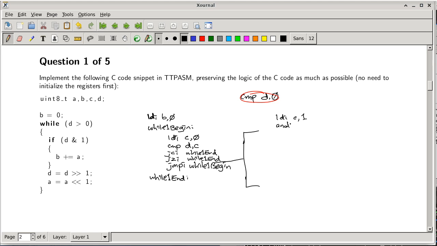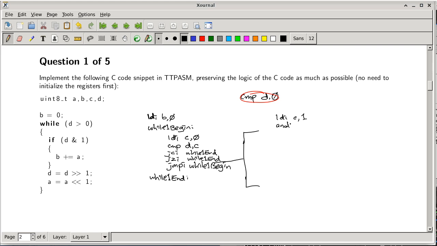Now, if you specify DC, it's going to change register D. If you specify as CD, it's going to modify register C. Which one is correct? We want to modify register C, because if you look at the C code, it says don't modify register D. Leave register D alone. We just want to look at the result, but we don't want to change register D. Now, if this is D ampersand equal to 1, then you want to specify AND DC,